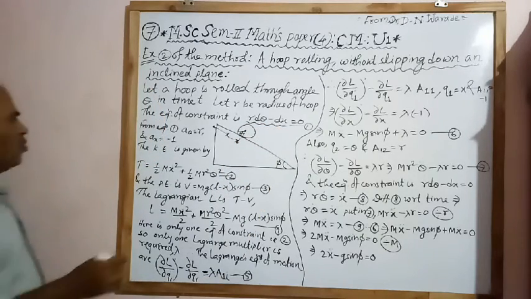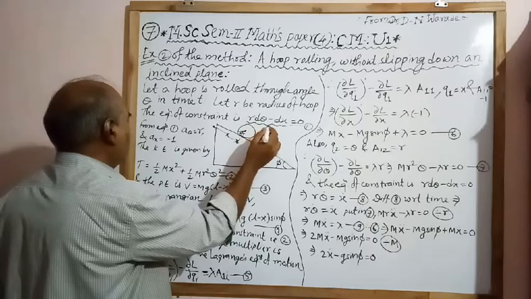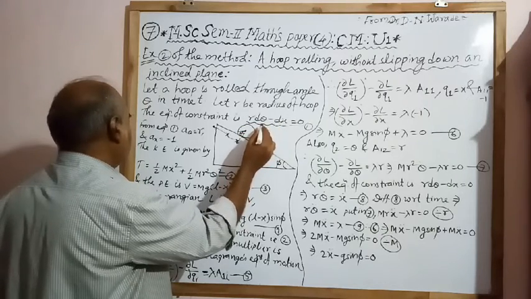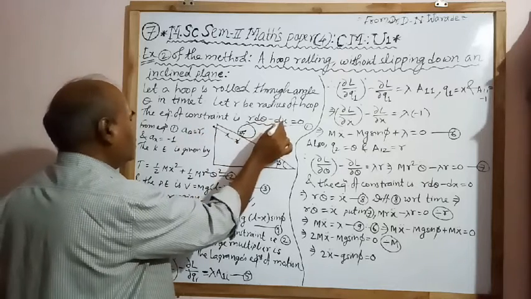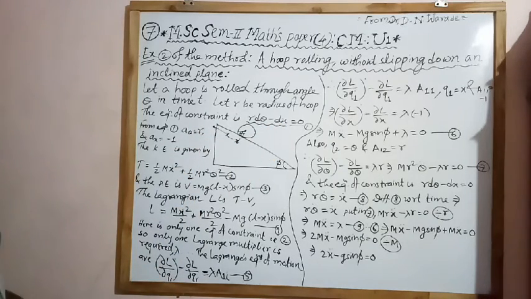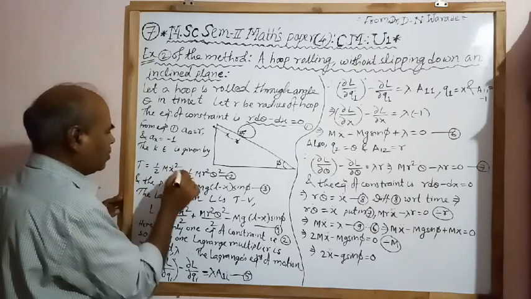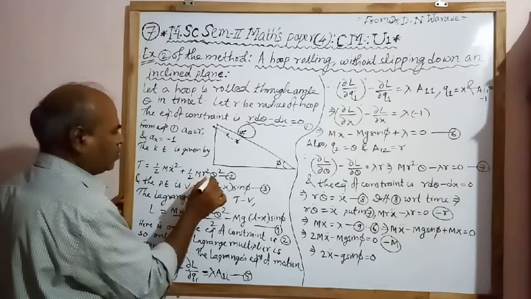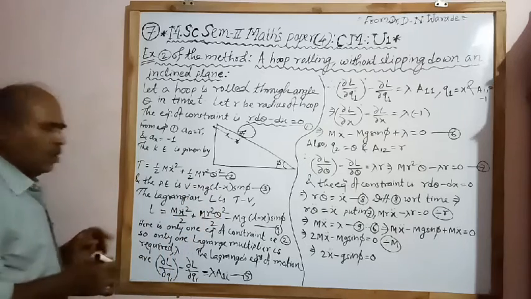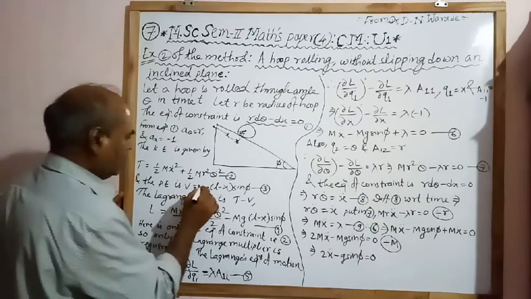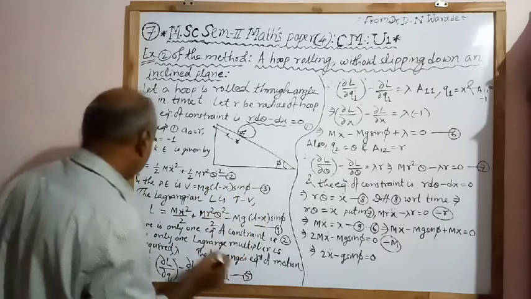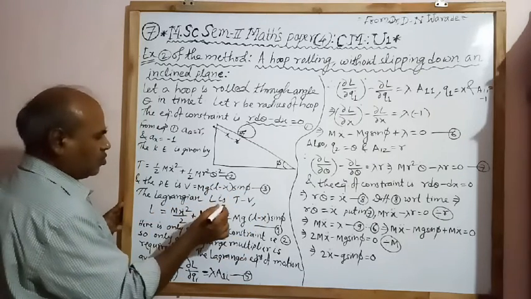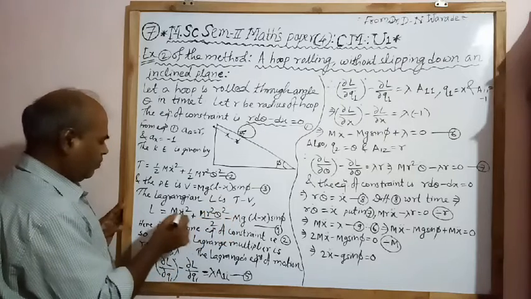From equation 1, we write the coefficients: a_x equal to minus 1 and a_theta equal to r. Coefficient of d theta is r, coefficient of dx is minus 1. The kinetic energy T is given by T equal to 1/2 m x dot square plus 1/2 m r square theta dot square. And the potential energy V is given by mg into (L minus x) into sin phi. The Lagrangian of the system L is given by T minus V.